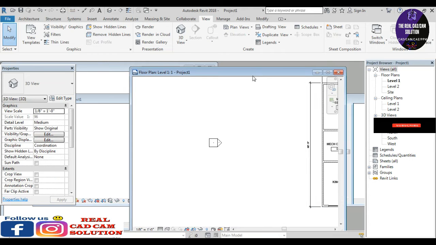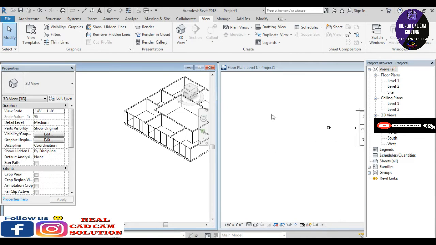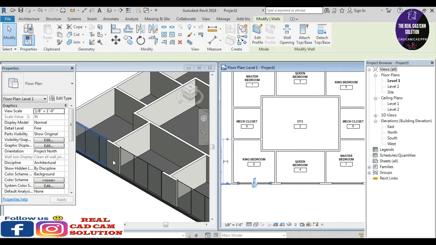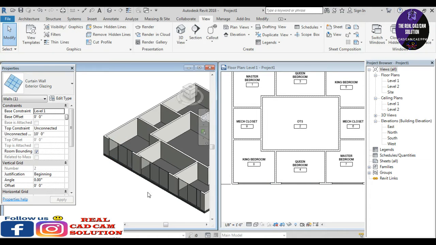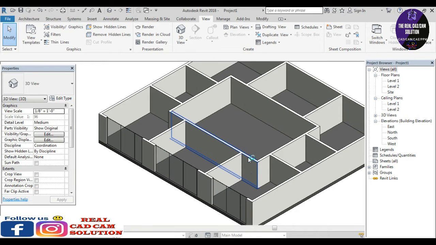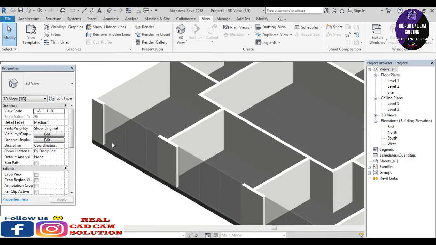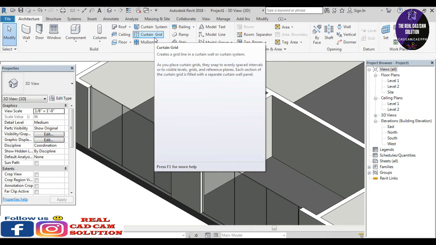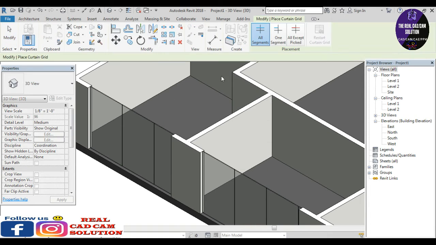I go to the beam view, go to the view setting and the tile window, go to the realistic, just place it over here. Okay, and then go to divide the glass of the sample part. Go to the architect. First of all I go to the maximum pages of this area. I use the curtain grid. This is the divided pattern of the glasses, so I choose this. Give all segments. This is the part of the divided segment. I use all the segments and divide it into parts here.